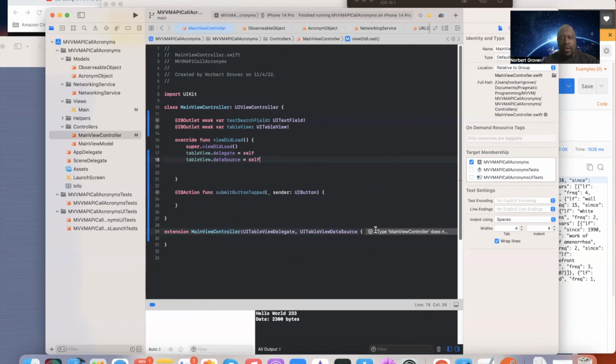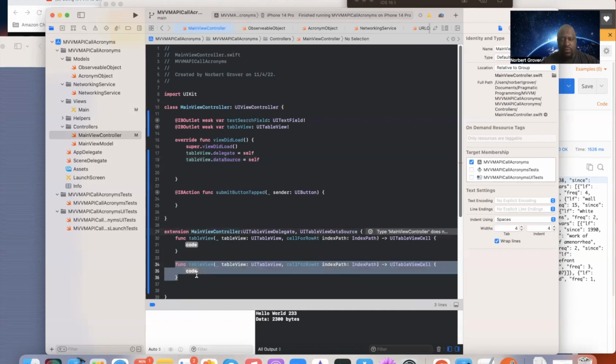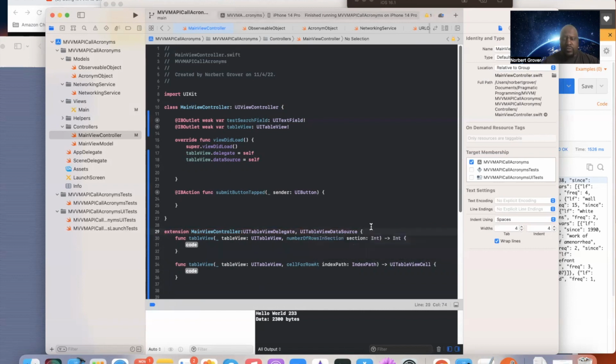Okay. Now I'm getting an error down here. It's because we must have two mandatory methods. So this cellForRowAt indexPath, there's only one. What's the other one? Number of rows in section. There we go. Okay. And so now,